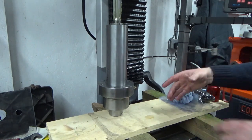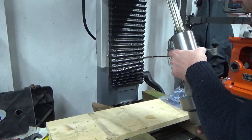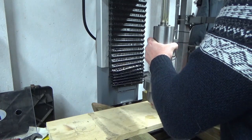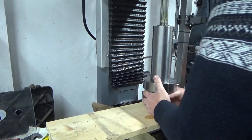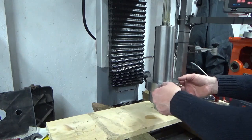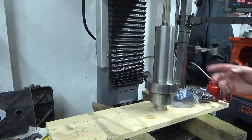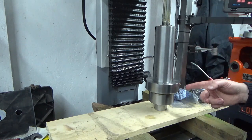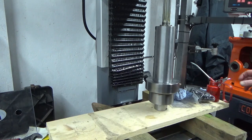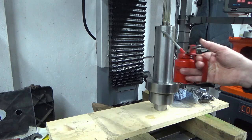So the next job is we're going to line this up in the right place. I've cleaned all the quill bore with a rag and put that roughly centre, and I'll reposition the camera, and then we're going to drop the head down onto the spindle, and we're going to hope everything fits. So just before we do that, we're just going to put some